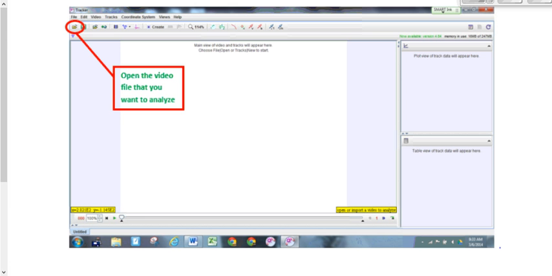Open up the software program called Tracker. There's an icon on the desktop. The desktops are pretty bare, so you won't have any trouble finding it. Open up the software program called Tracker, and then open up the video that you want to analyze. Okay, you're going to have to find the right folder, but it's easy if it's on your desktop, right? It's easy to find. Just keep going up, up, up, up a directory to the desktop, and you'll find that video there. Open it,